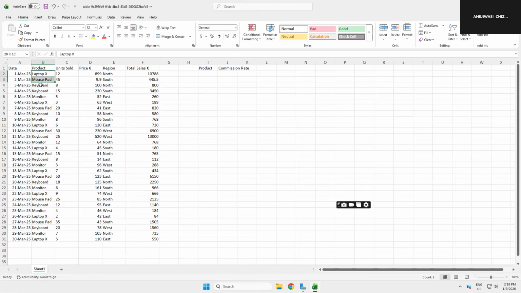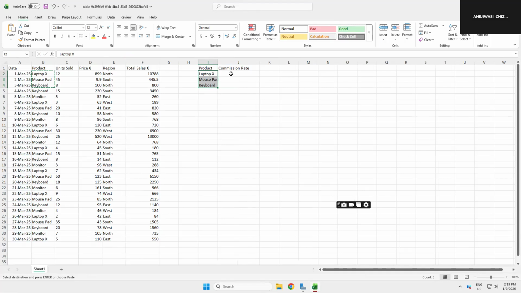So we are copying these three products. It's copying up there, and we are pasting them there. Then this is another table which has got what we could term commission rates, and we're just putting in the percentages there. 3%, 5%. Let's see if it allows us to